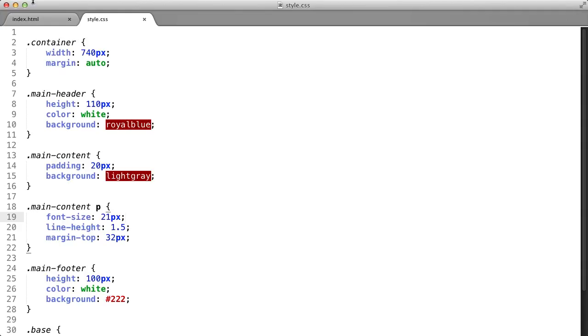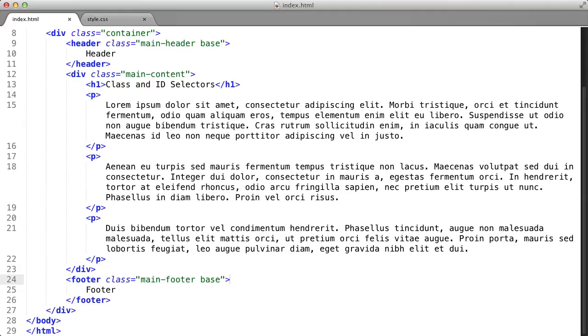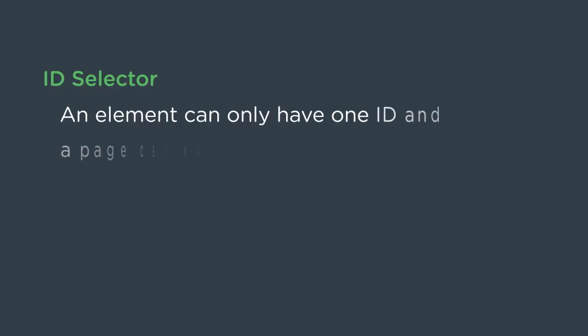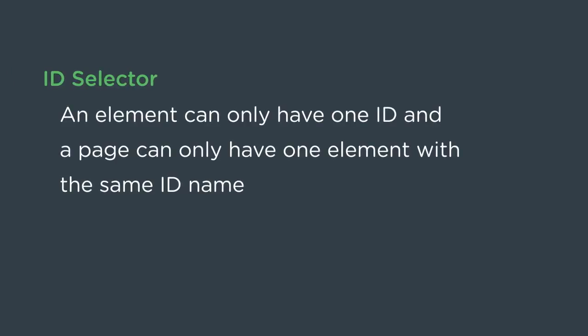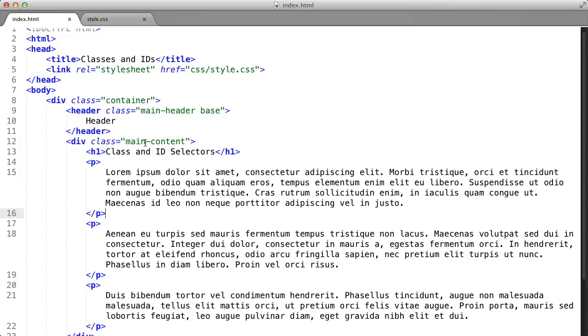So next, let's talk about ID selectors. An ID selector targets an element based on its ID attribute. What makes IDs different from classes is that IDs are unique to the page. So an element can only have one ID, and a page can only have one element with the same ID name. So in our HTML file, let's go ahead and change this main content class attribute in our markup here